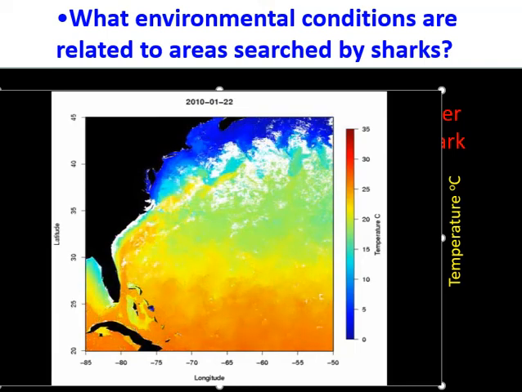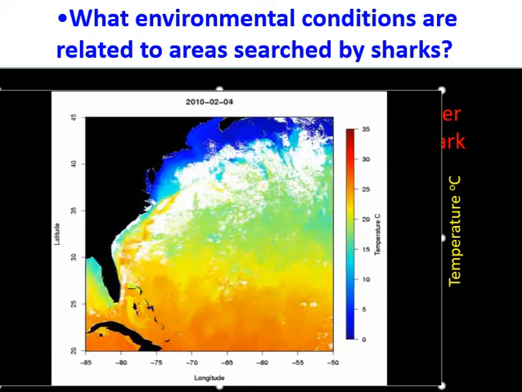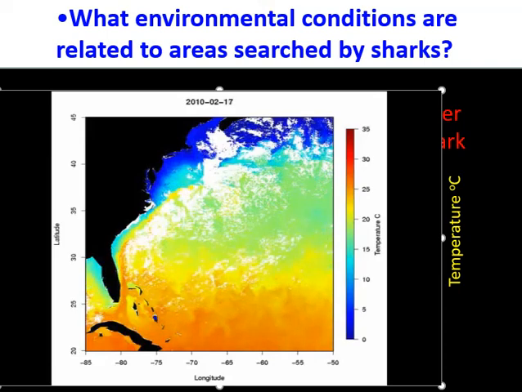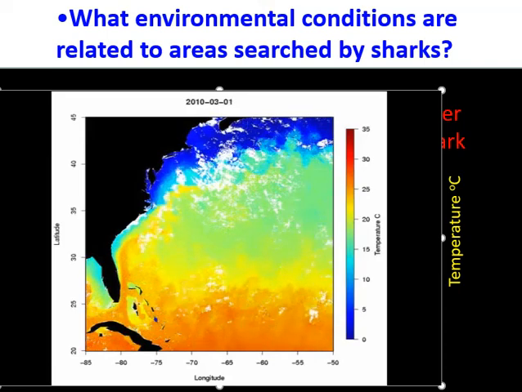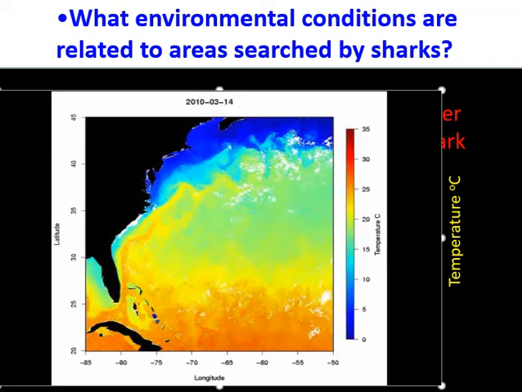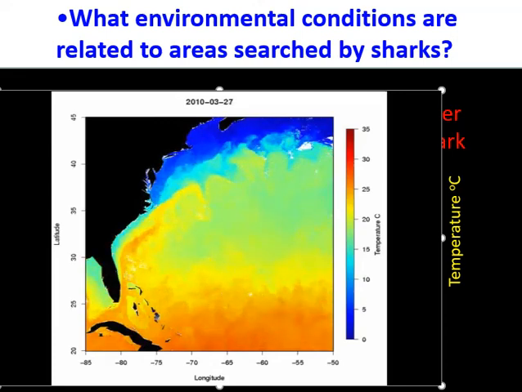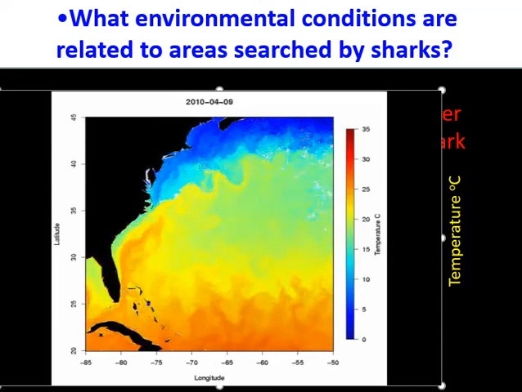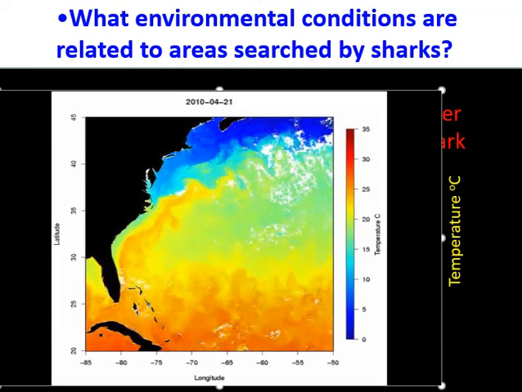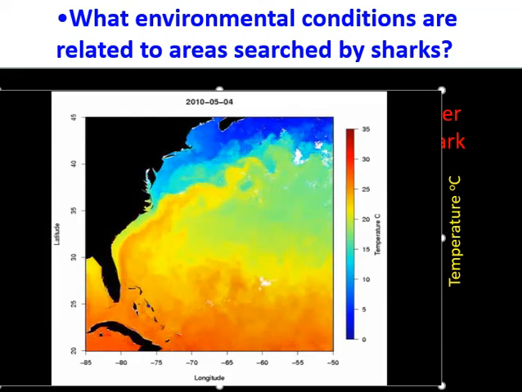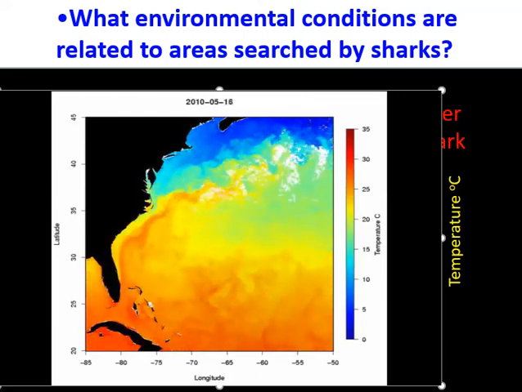And now the temperature, this is January. It's pretty cold. You can see how cold the water is off the U.S. East Coast and up in Canada. You can see Cape Cod there and Long Island. Now it's April, and it's about this time of year the water starts to warm up. The Gulf Stream, you can see it going up there, warming up the waters.